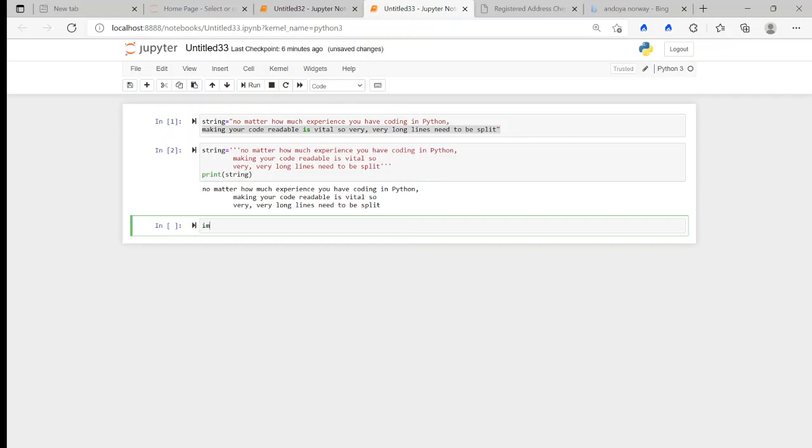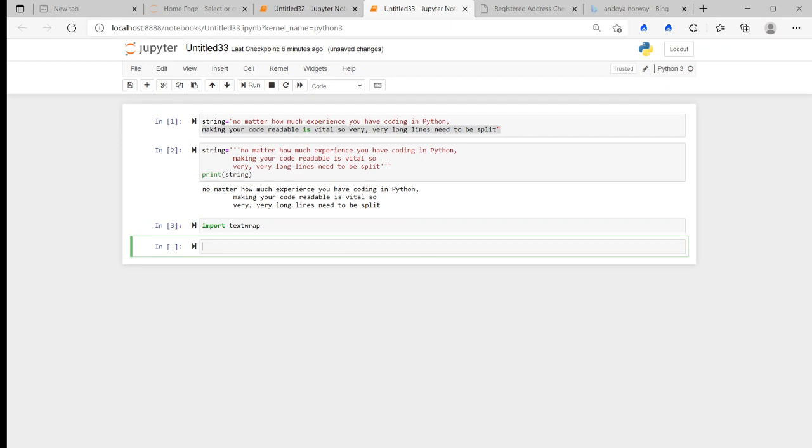So let me import the textwrap module first of all. There's a function here called dedent, and when I run my string through the function, it will remove any common leading white space from every line. So let's have a look. If we do our string again, and I'm going to run the string through the function, it's called textwrap.dedent. What I need to do is open brackets, and because I'm running the whole string through this function, textwrap.dedent, three quotation marks,